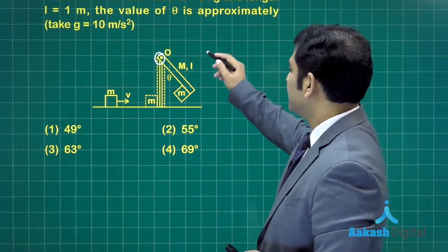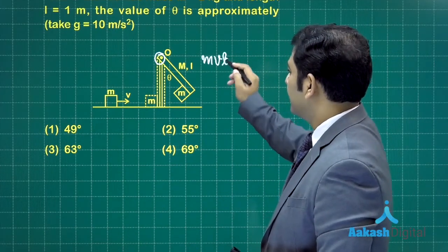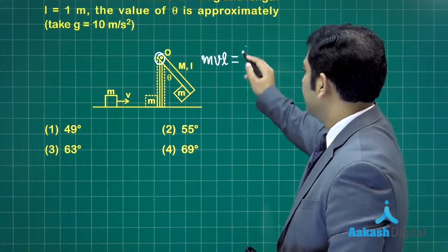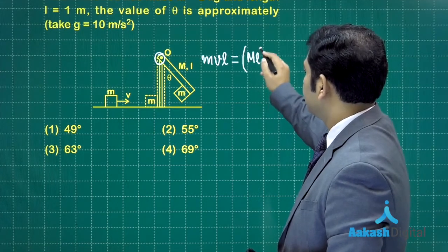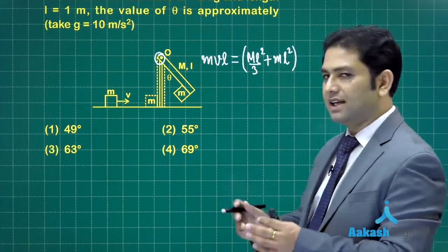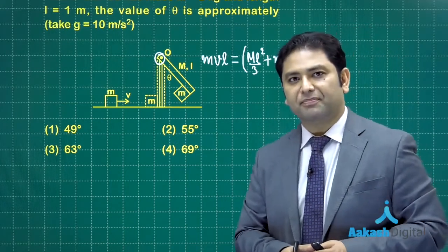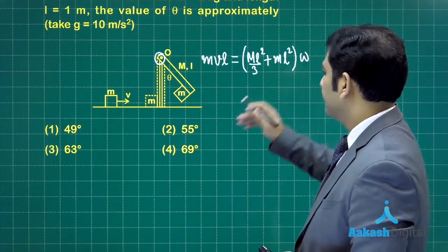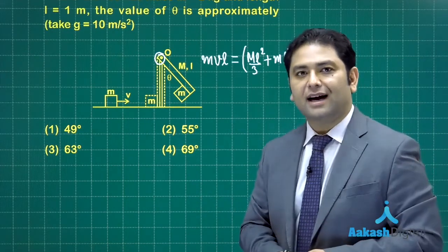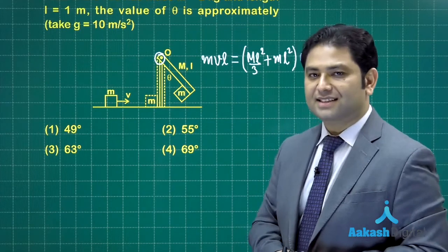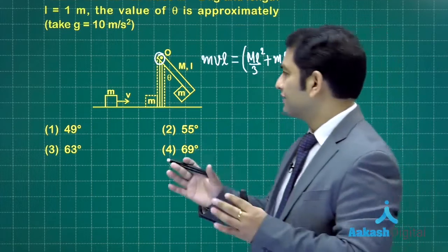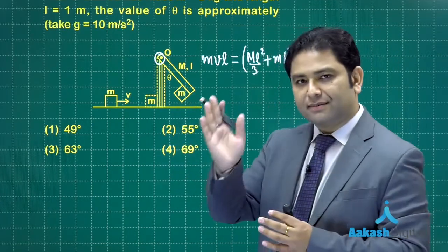So let's see the initial point. MVL, that's the angular momentum of the block. And immediately after it sticks, what happens? ML square by 3 plus ML square will be the moment of inertia of this combined system, multiplied by omega, because later on it's rotation about a fixed axis, so angular momentum is I omega, I being about the axis. So from this we can calculate the value of omega, and after that the rod-block system will start moving